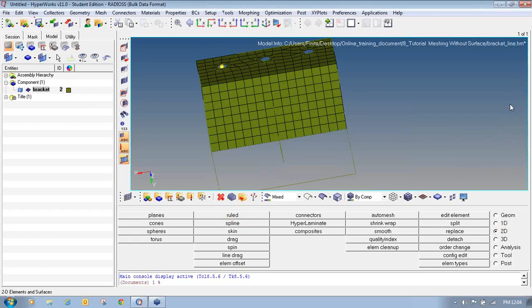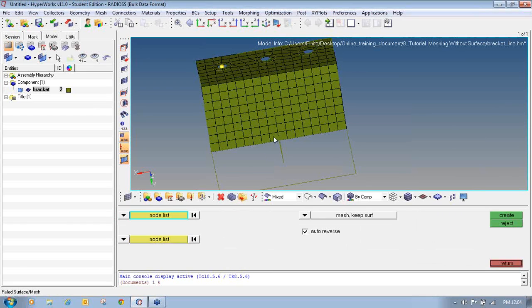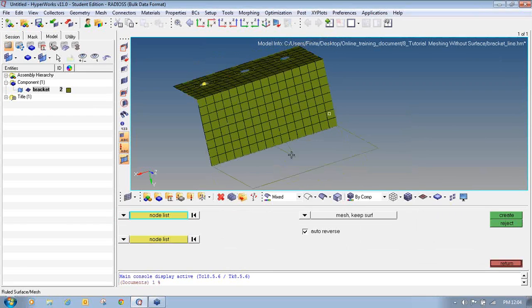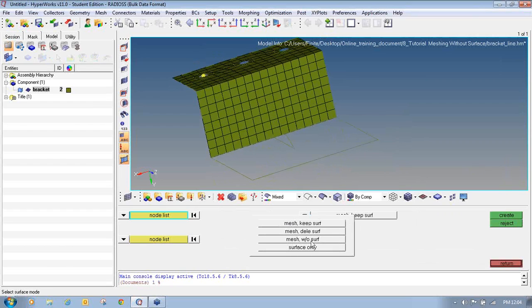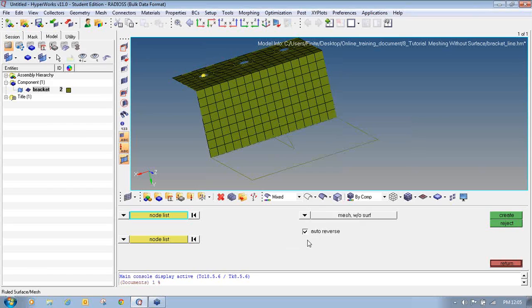The ruled panel is used to generate 2D mesh even without having surfaces. In the ruled panel also you will find four options, that is mesh keep surface, mesh delete surface, mesh without surface, and surface only. So I will pick surface only and select these nodes.